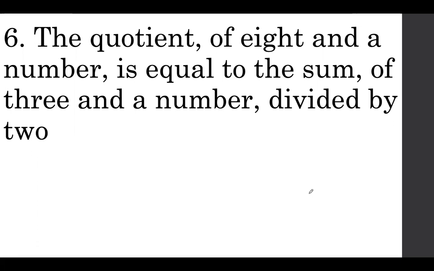We have to keep the order the same. So of 8 and a number means we're going to have 8 divided by a number. Now remember, we want to keep our things listed as fractions because fractions are friends. So the quotient is 8 divided by a number, or in other words, 8 divided by x, as a vertical fraction. Is equal to